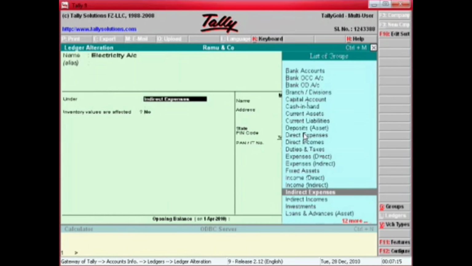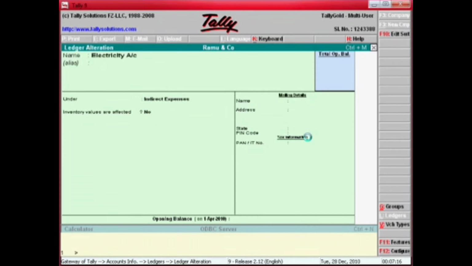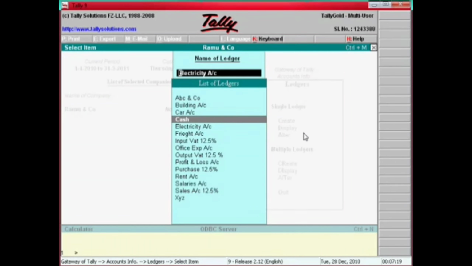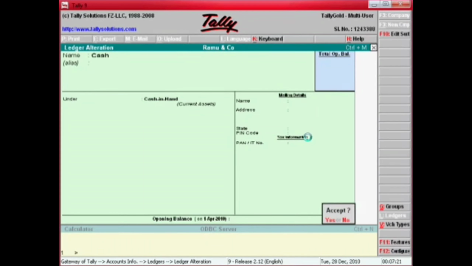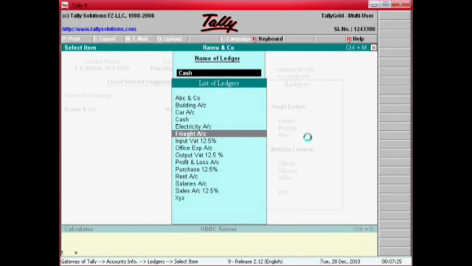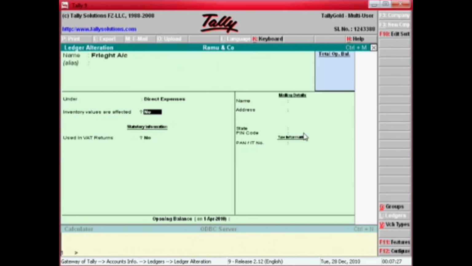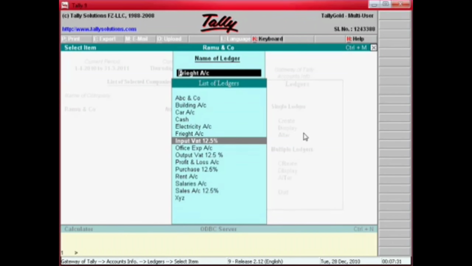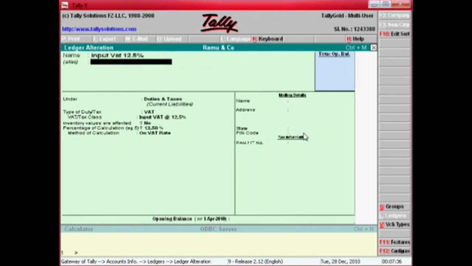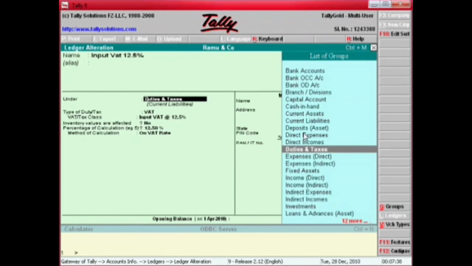Electricity is an indirect expense. Cash account, cash only. Freight is a direct expense. Input VAT is duties and taxes.